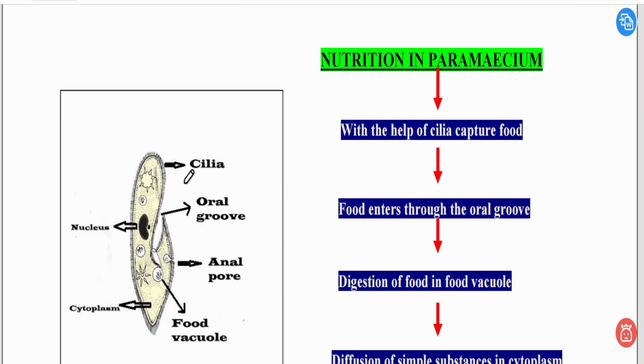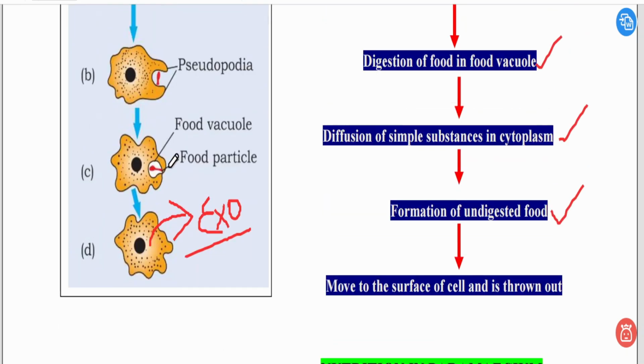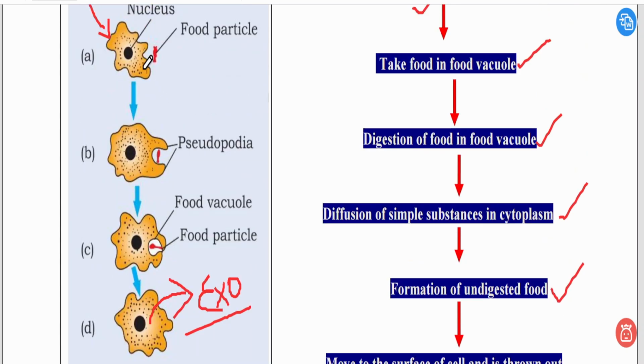पैरामीशियम क्या है? अमीबा और पैरामीशियम में क्या अंतर है? अभी देखिए, अमीबा एक ऑर्गेनिज्म है जो फ्रेश वाटर इकोसिस्टम में पाया जाता है, और पैरामीशियम भी एक ऑर्गेनिज्म है जो फ्रेश वाटर इकोसिस्टम में पाया जाता है। यहाँ तक सिमिलरिटीज हैं। अमीबा एक सिंगल सेल ऑर्गेनिज्म है, पैरामीशियम भी सिंगल सेल ऑर्गेनिज्म है। अमीबा में डिफ्यूजन प्रोसेस होता है, यहाँ आपको अमीबा का मुंह या एनस नहीं दिखेगा। वो फूड वैक्यूल की हेल्प से फूड डाइजेस्ट करता है, साइटोप्लाज्म में डिफ्यूज होता है, और साइटोप्लाज्म से ही अनडाइजेस्टेड फूड बाहर चला जाएगा।